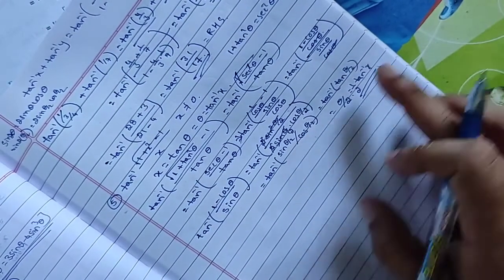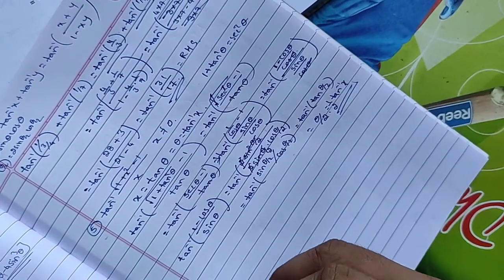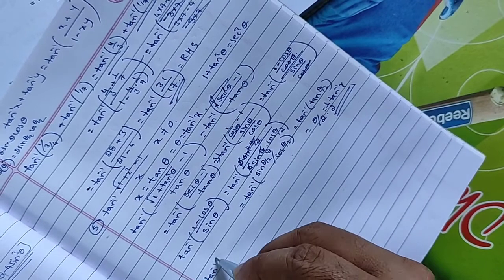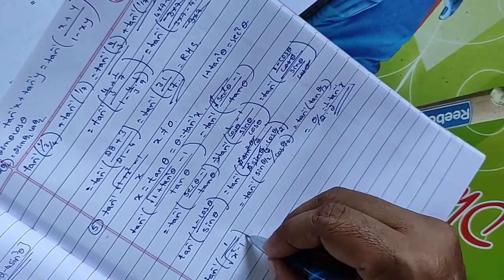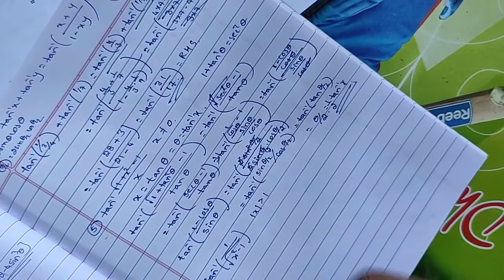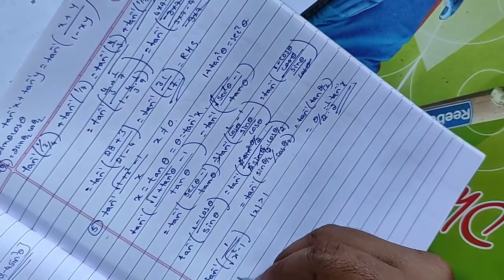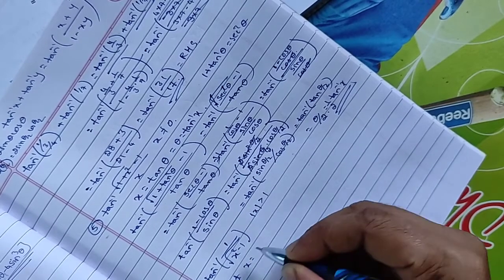So similarly I will explain one more problem to you. That is tan inverse of 1 divided by root of x square minus 1, modulus of x is greater than 1. Okay. So now here also I have to take the same thing. Put x equals to what I have to consider. That is very important.